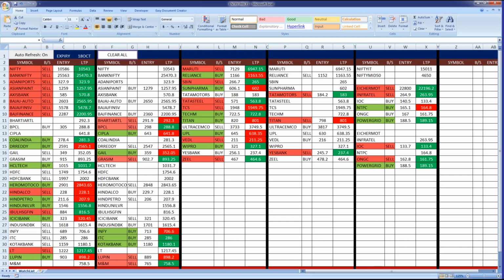Today it was a huge gap up open. So some trades went this way and that way, and there were multiple trades. But on quiet days,